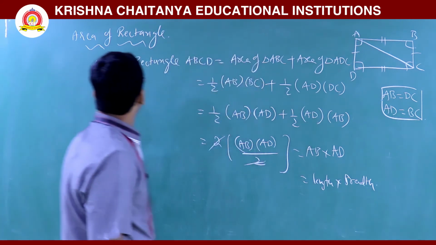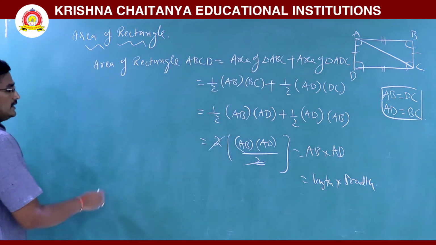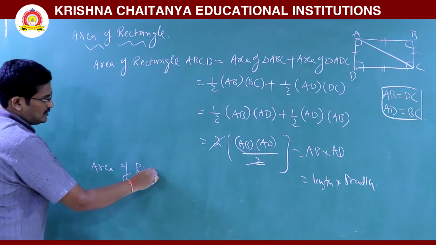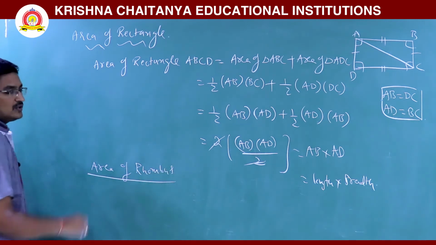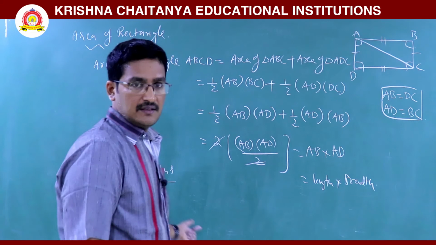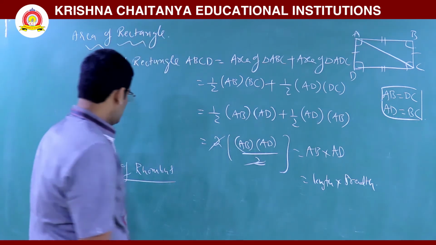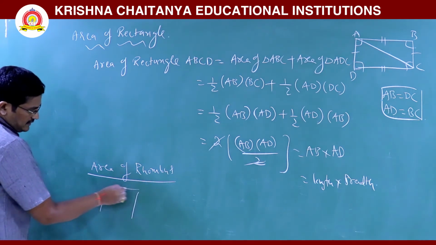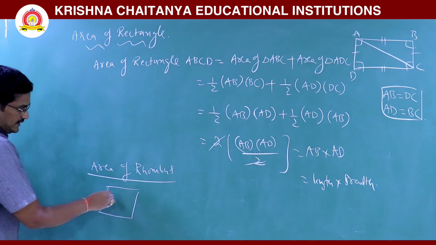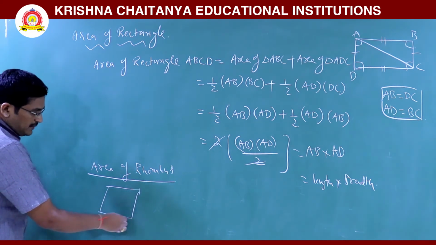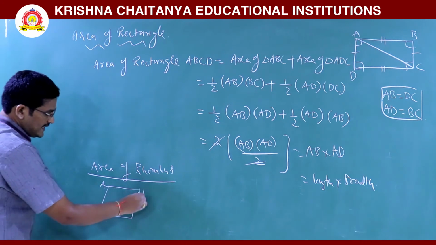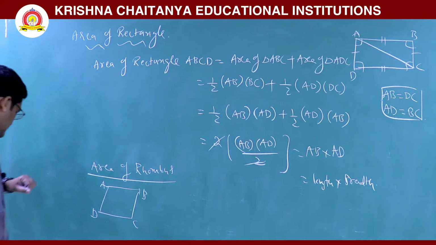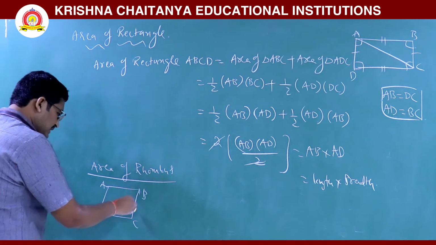Okay. Next, let me explain one more quadrilateral area, that is area of rhombus. How to calculate the area of rhombus is the question there. Rhombus area we have to find out. So to get the area of rhombus, just look here. This is the rhombus I am taking. There is no need that adjacent sides should be perpendicular, you know. So I am taking this one as rhombus ABCD. How to calculate this area?